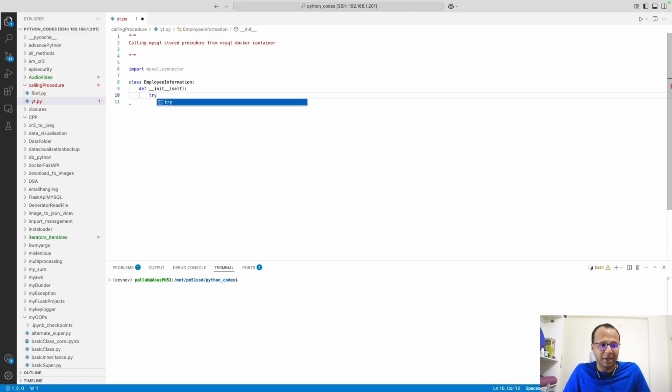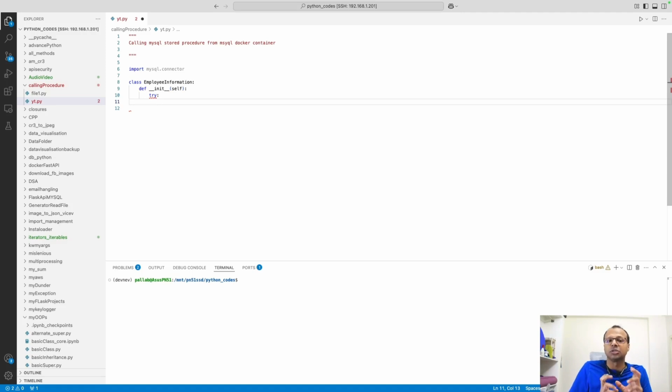Now I will have a try block. The use of the try block is that we may have some kind of error while creating the MySQL connection. It might not work, or the MySQL database is down, or the Docker container itself is down. So to avoid any kind of error, we should put the connection code inside a try catch block. So once I did that, I will have something like this, which is self dot connection string